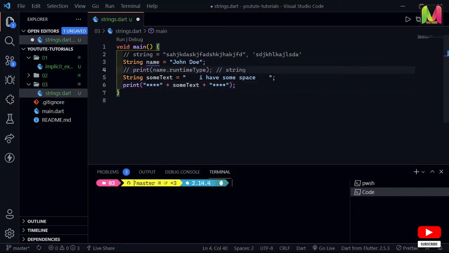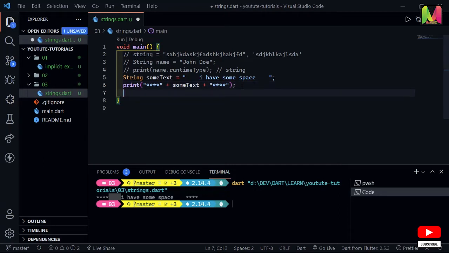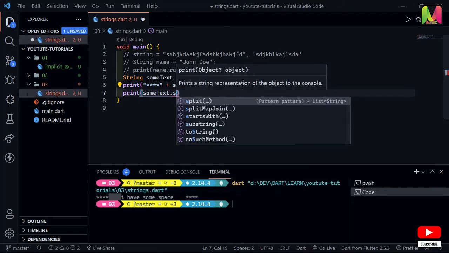So let me comment this out so the print statements are less. So if we run this program, you see we have some spaces here. In a real world program, you would not want to have these spaces in your program, so you have to find a way of getting rid of it. So you can use print. I'm just going to print some text dot